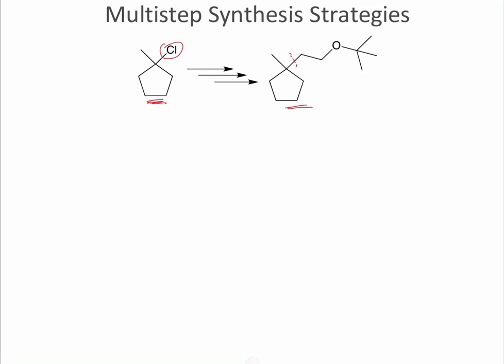Now, this is a trick. Anytime you see two carbon atoms and an oxygen, the culprit is an epoxide. Okay? The culprit is an epoxide. So if we use ring opening to give us the two carbon atoms and we end up with an alcohol here, then you might be tempted to think that, well, with an alcohol, we can be able to use